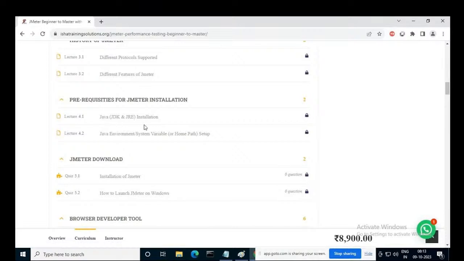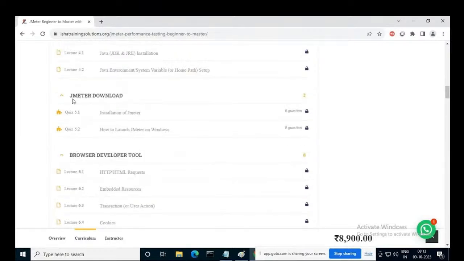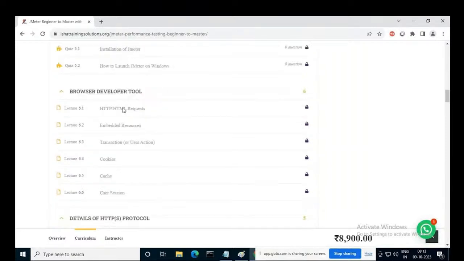We are going to see Java installation and how to set up the Java environment variables. And then we are going to see how to download JMeter, how to install JMeter, how to launch JMeter. Okay. And then we are going to see about the browser developer tool,